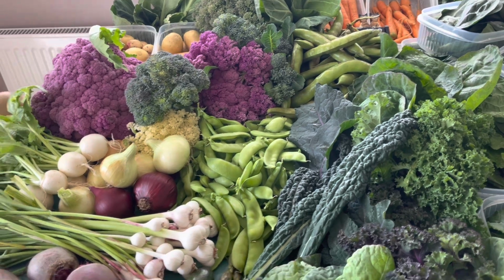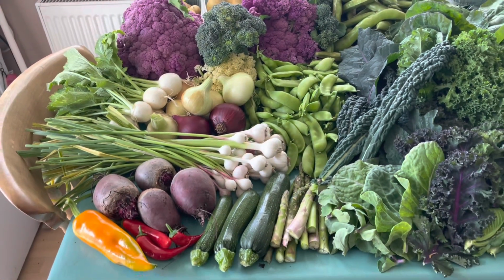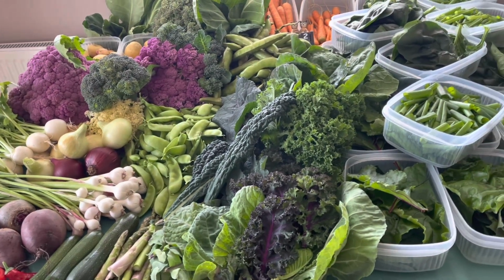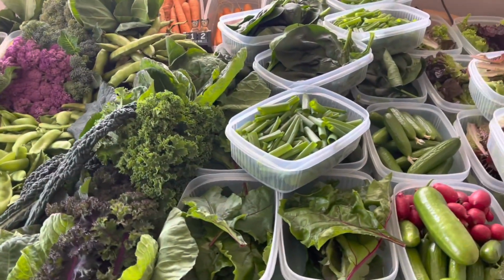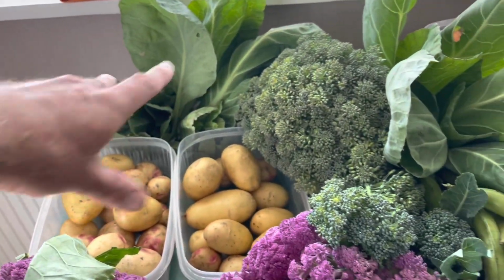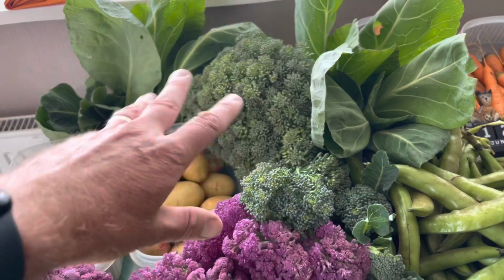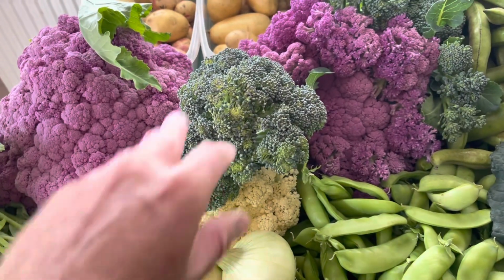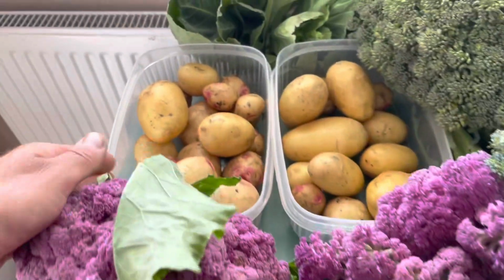So we just don't have enough space to have all of the flowering brassicas all year round, although we will have some sort of late summer again. So anyway, let me just walk you through it. So baby little cabbages there, some more little cabbages there, big calabrese heads, purple cauliflowers, little white cauliflower, more calabrese,